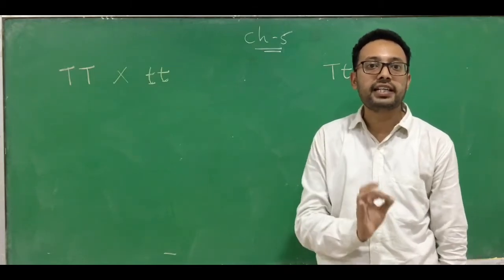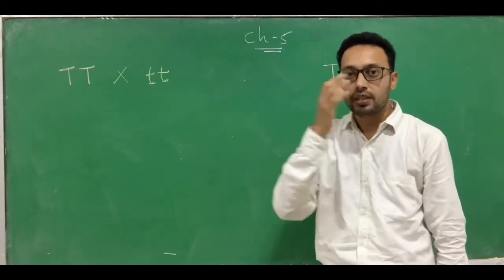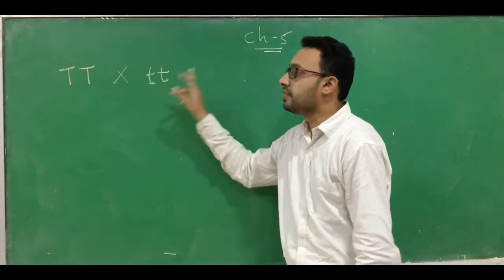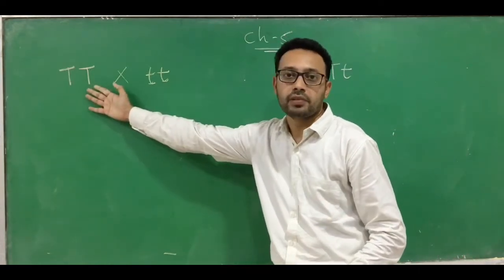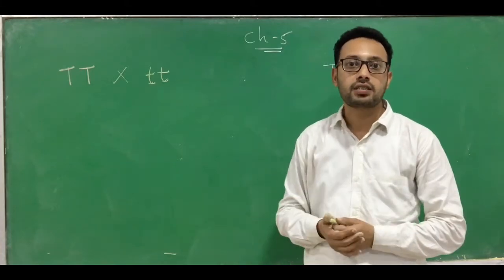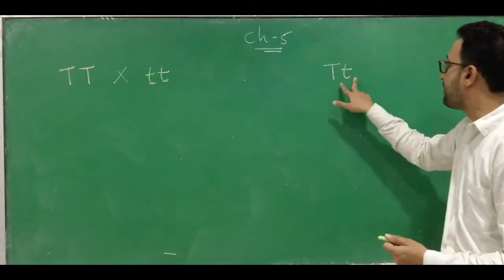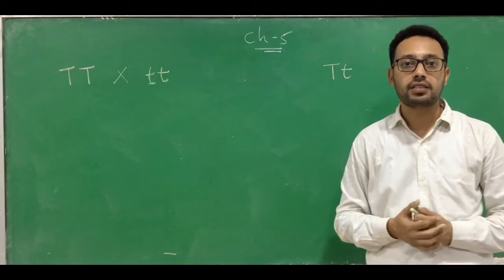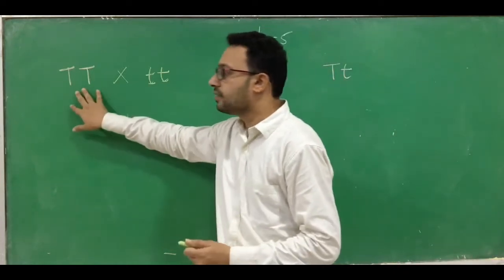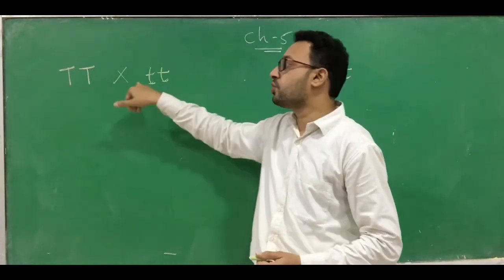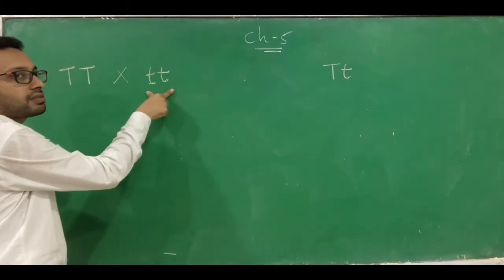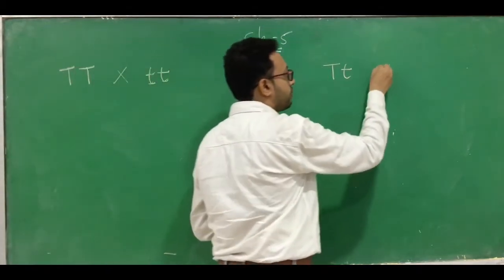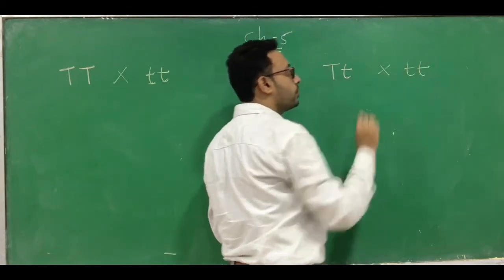Okay, why we are calling it dominant, we will see later on. And the small letter represents a recessive. You know that when both are the same, we call it homozygous, and when both are different, we call it heterozygous. So whatever it may be, we have to cross it with a homozygous recessive plant. This is a homozygous recessive plant. So I also have to cross it with homozygous recessive in both cases.